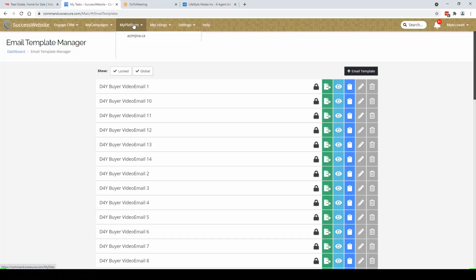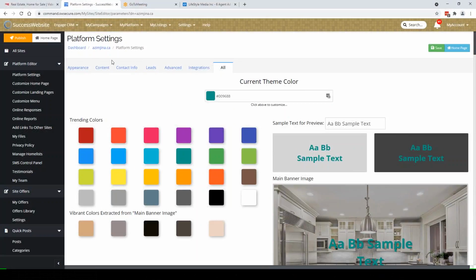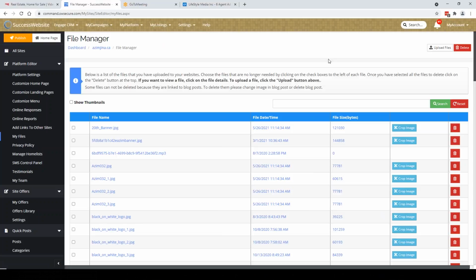We're going to be going to My Platform, and you're going to click on your domain name that will be present. This particular person, this is their domain, but your domain will show up there instead. At this point, we're going to go to My Files. Under My Files is where we're going to be uploading all of our images. To locate the images,